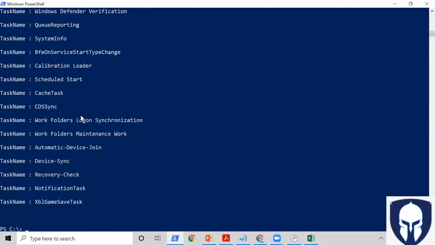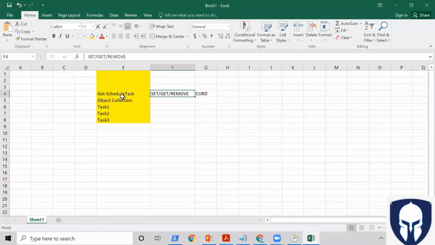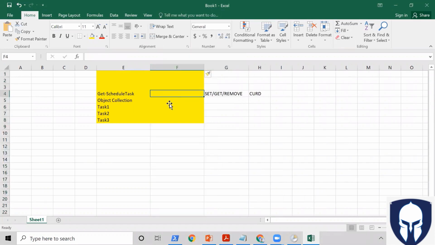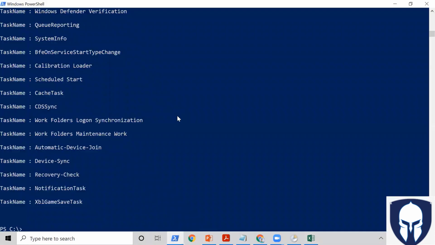Now going back to Excel, so everything is there. I want to do a particular thing. Now here I'm adding the pipeline symbol, right? So when I add the pipeline symbol, the object collection will be sent to the pipeline one by one, and all the operations will be done here. So if it is a bit confusing, before we see that, let's see a general example of